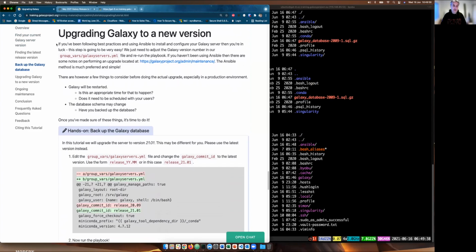Okay, so hopefully you've been following best practices and you've been using Ansible to install and configure your Galaxy server. And if you have been, then you're in luck. This is going to be really simple. If you haven't been,